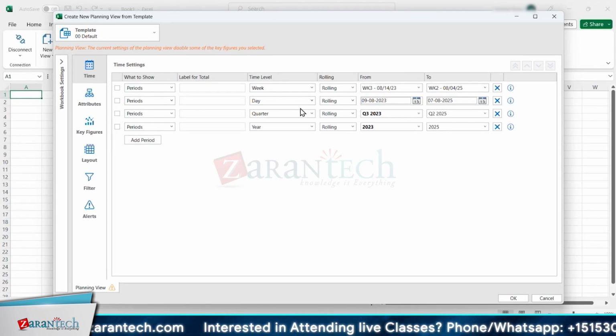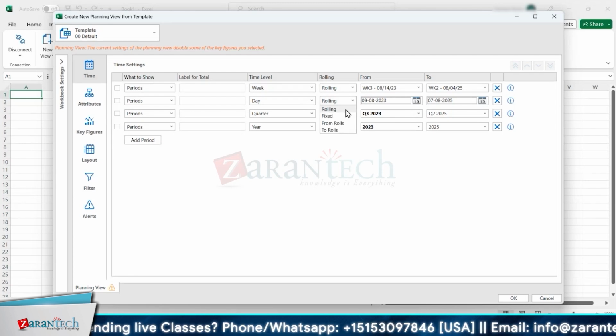I have one. I don't think you've reached there yet, but I always wondered about the difference between the rolling column. It has rolling, to rolls, from rolls. So I wonder what the difference is. Okay. Rolling means it will keep on rolling. Now, to rolls, from rolls means basically, if you want your historical data as a static one,